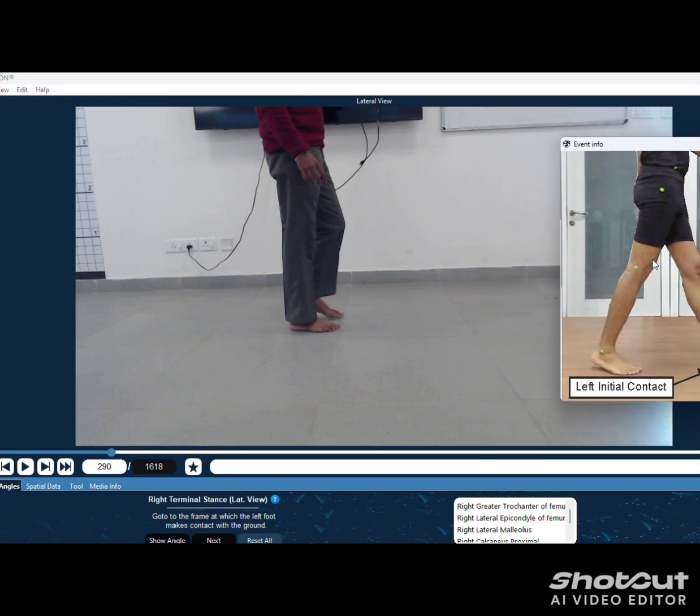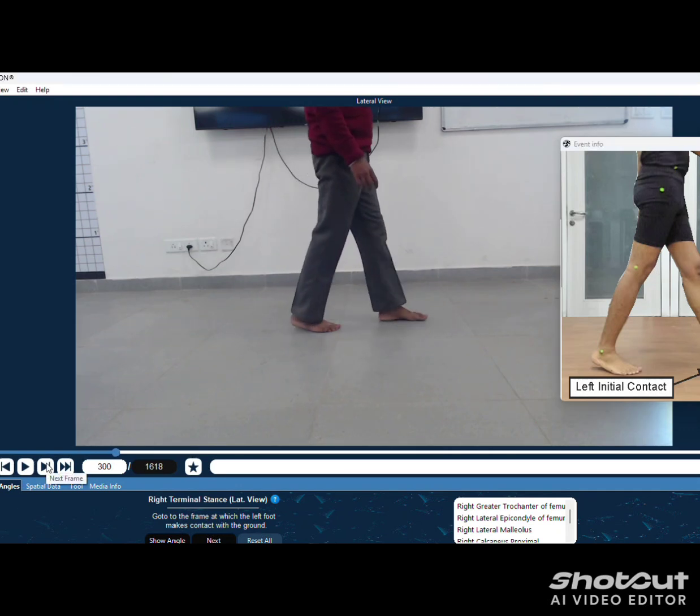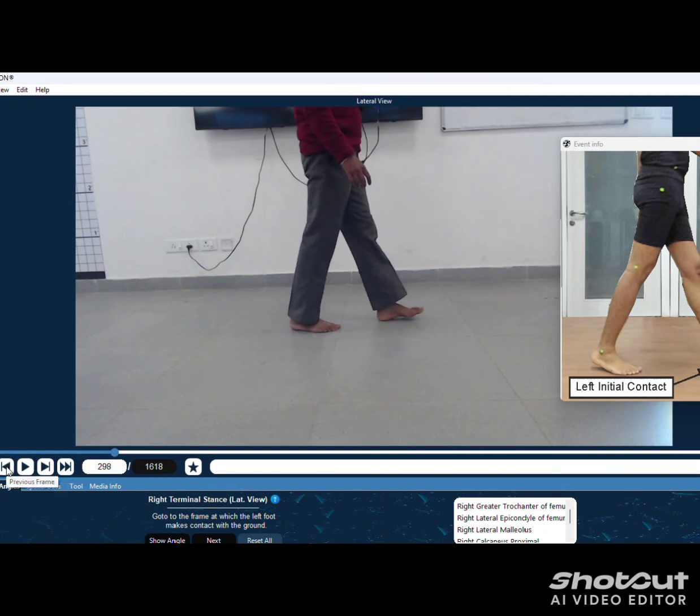Now your sample image has been changed again and your phase has changed. So we are again moving frame to frame to get the same angle.